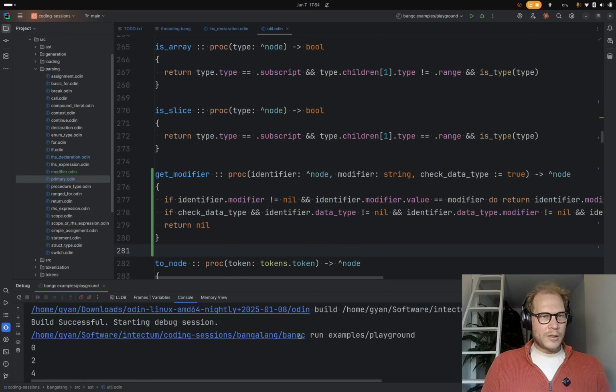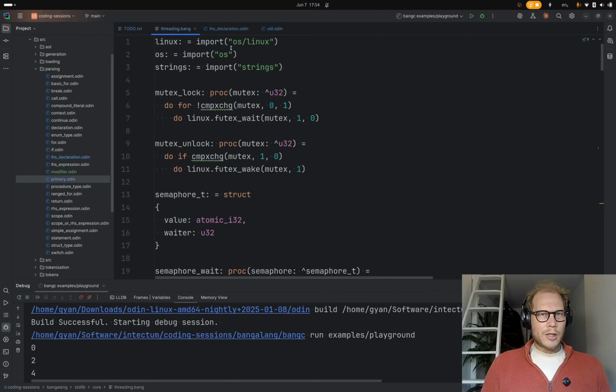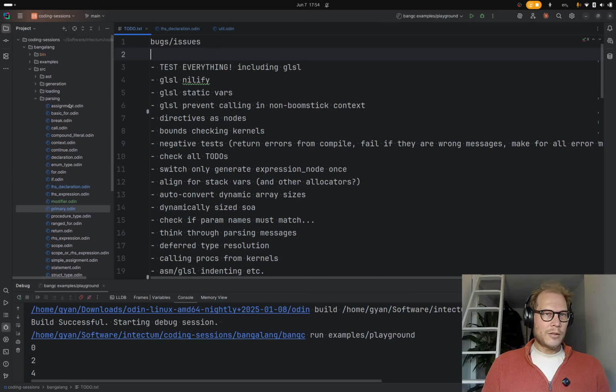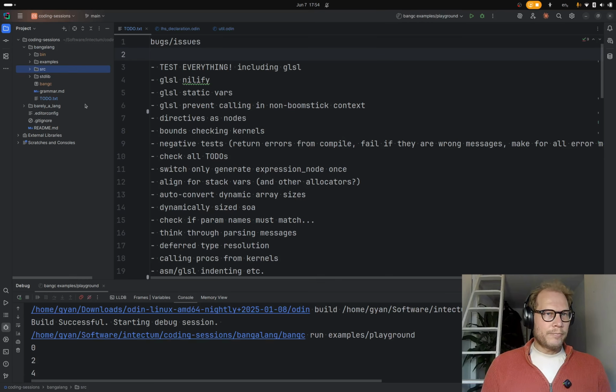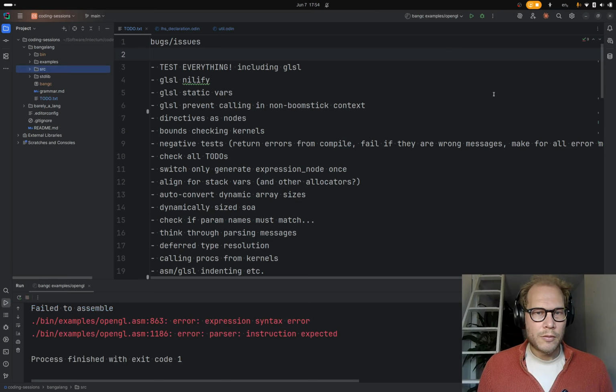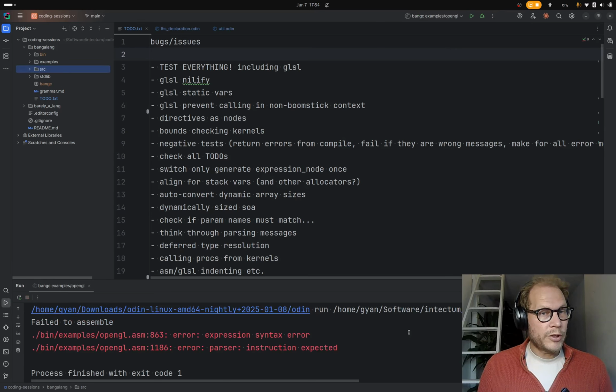Okay. That seems to have run. Let's do a couple of tests. So at the moment we've already got the static stuff, right? I mean, does the OpenGL work? That's where we actually use it. Oh, expression syntax error.